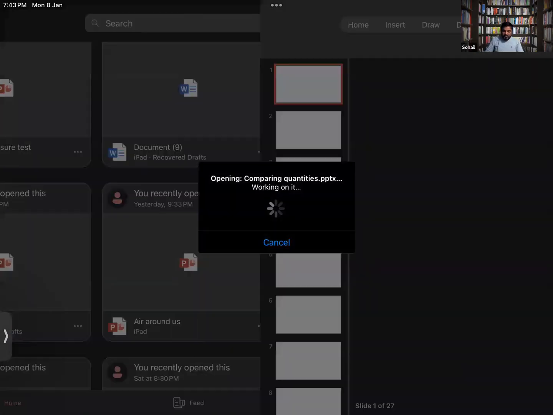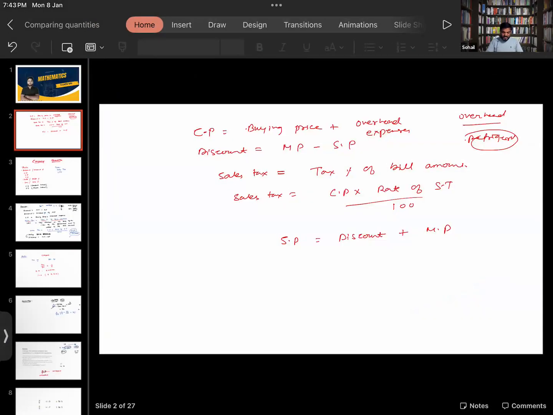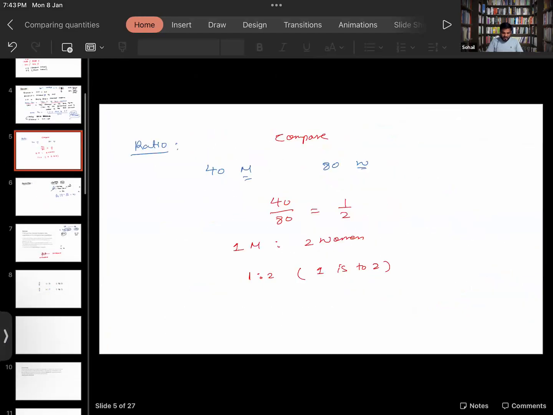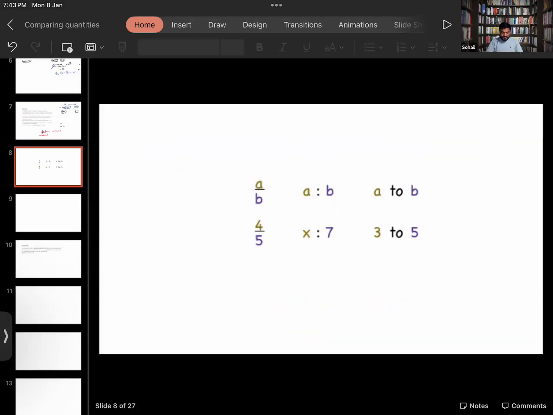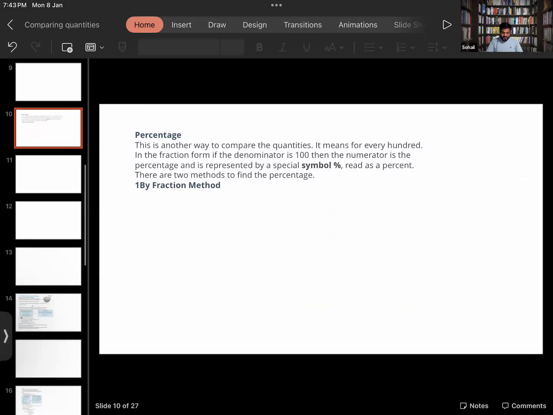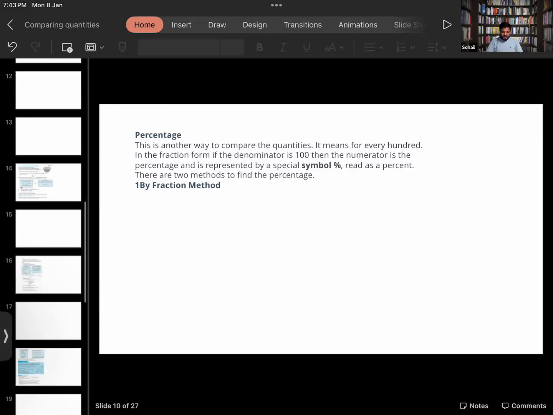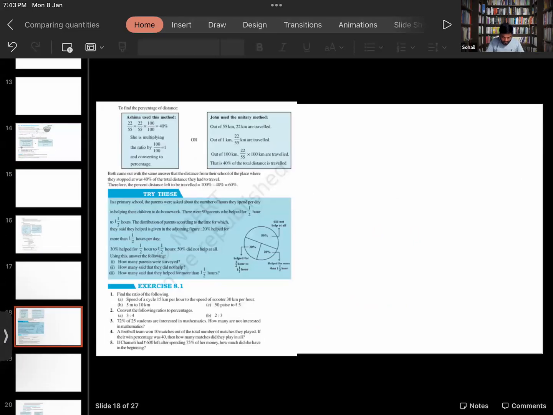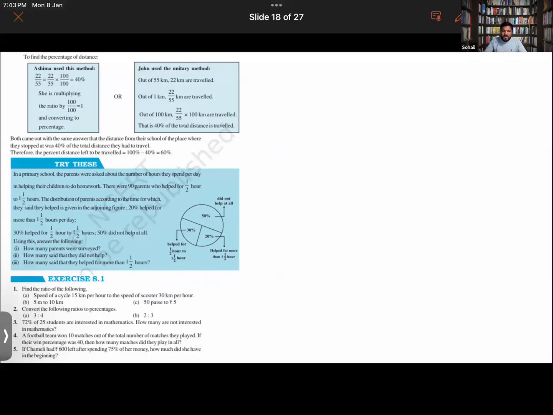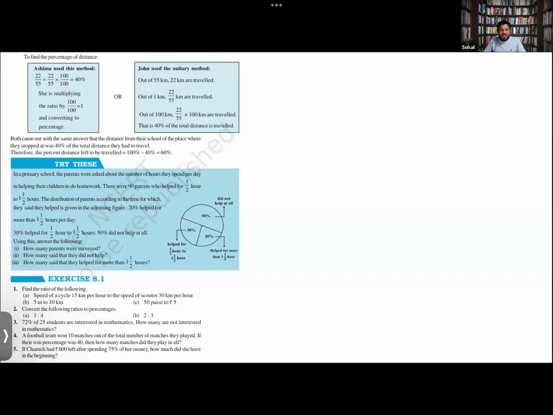Okay, so back to the chapter, comparing quantities. In the last class we discussed so many things about it. We discussed the methodologies to find percentages, and the different components of ratios. Today we would be beginning our discussion with the exercise. Look at exercise 8.1. Although I told you the chapter has been renamed, in the NCERT book this is chapter number 7, so it is basically 7.1. Look at question number 1.